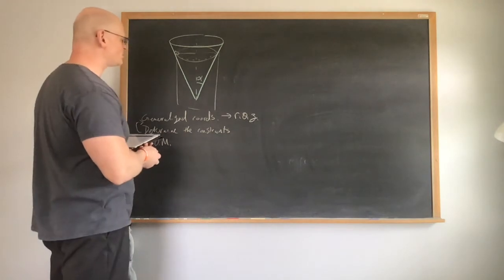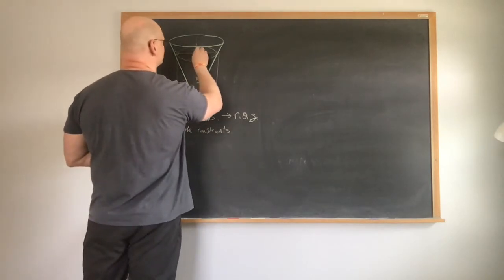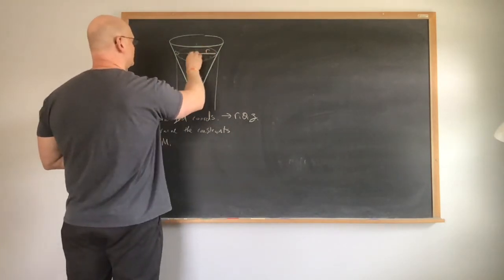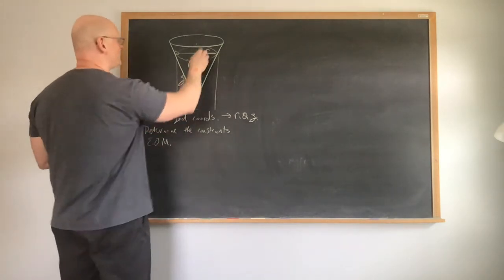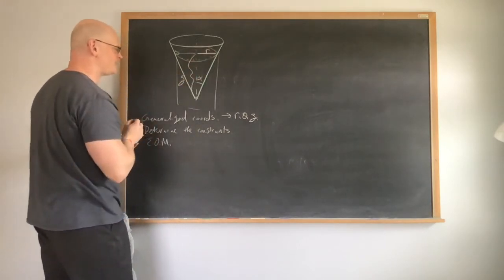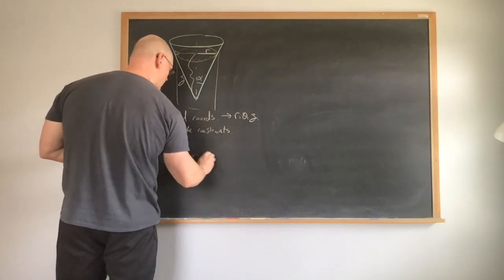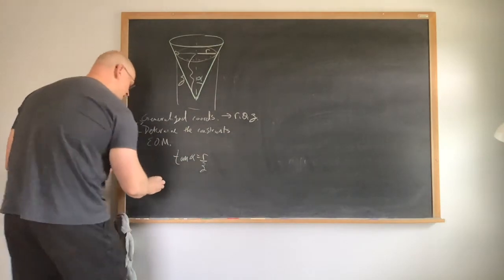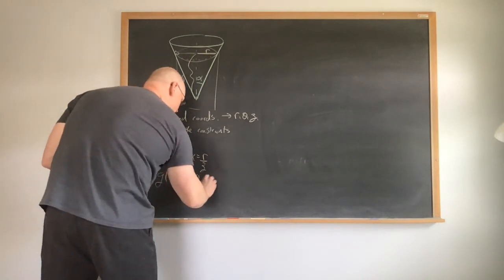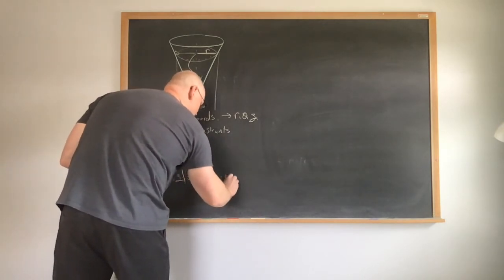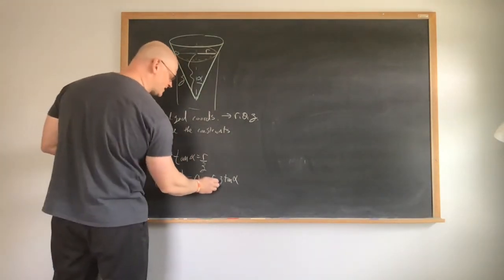Well, our constraints are that r and z are not independent from each other. And we can see that because if this is our radius r and this is our height z, then r divided by z is the same thing as the tangent of that angle, right? So tangent of alpha is equal to r divided by z, which means that our equation of constraint, g(r,z) = 0, is equal to r minus z times tangent of alpha. So this is my constraint equation, which basically tells me that